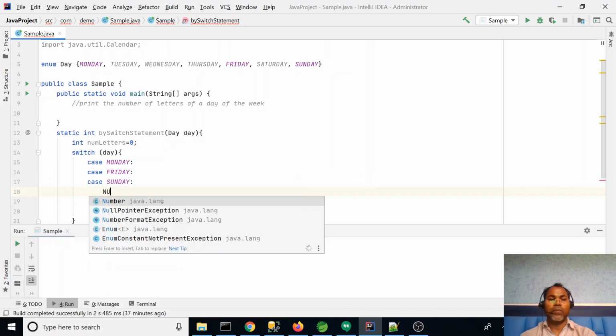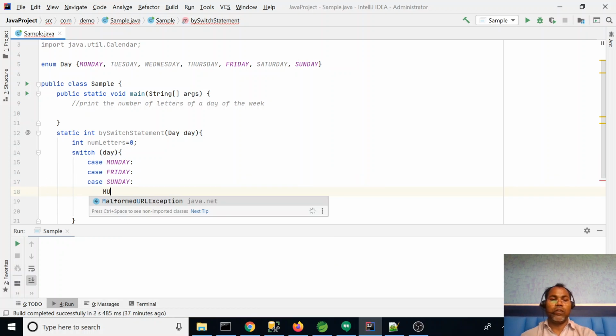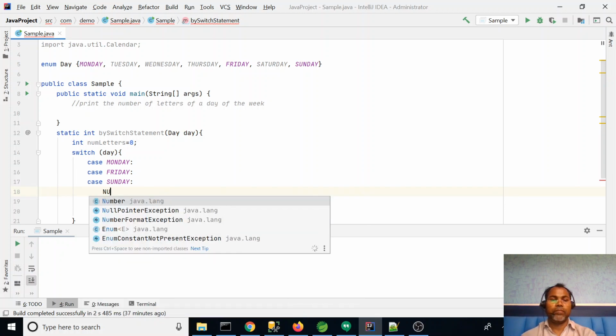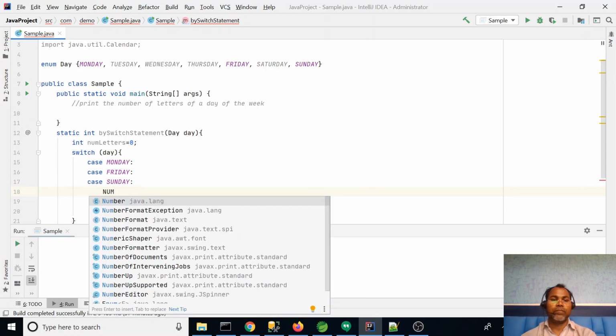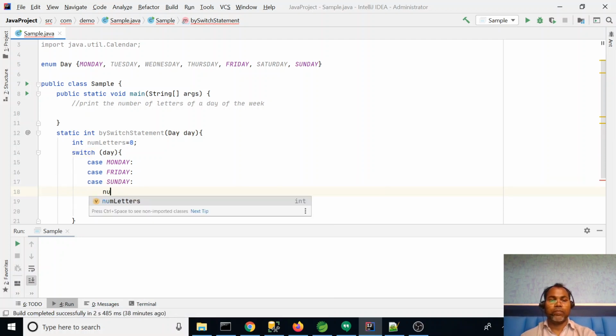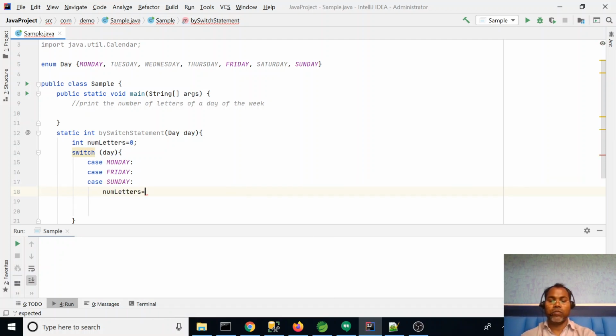So I just update our variable, numLetters equal to 6.